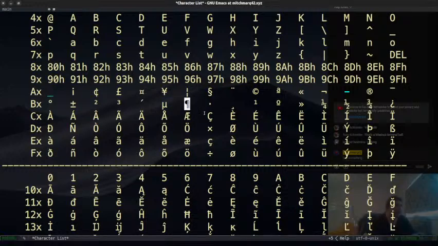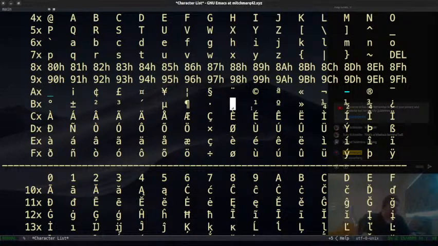Then the paragraph symbol. I don't know about you, but I always wrote this backwards in school as like a normal P with two stalks. Then this middle thing, which is used for some things, including as like a times symbol. If you're using X and you want to times things, you can put this in between them. And